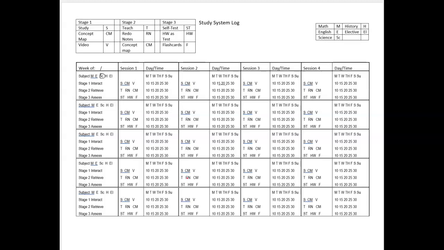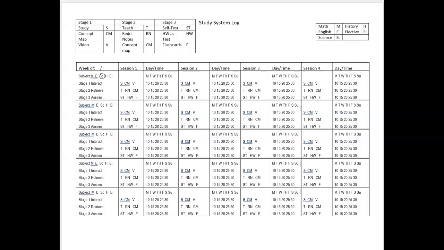You can use this long-term, short-term. Initially, you're going to have to do it just so we can have a line of communication of what you're doing and what's working, what's not, and eventually we'll see where it goes. So as far as what the different parts are, you have interact as stage 1, retrieve as stage 2, and